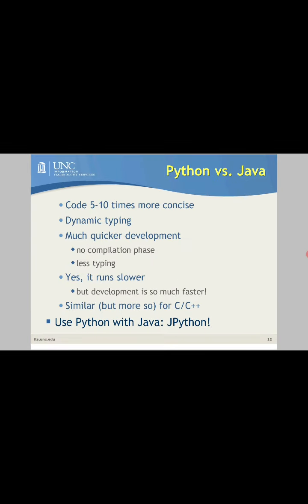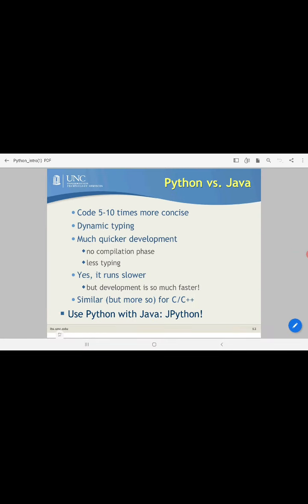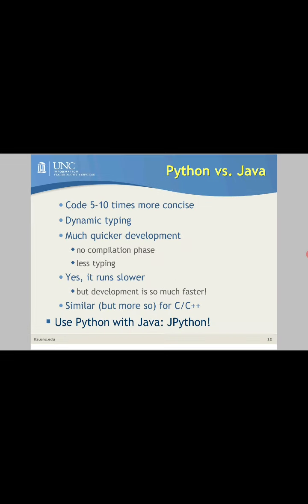Next one is code five to ten times more concise. Concise means less code. The code for writing in Python is very little, or it takes a smaller number of lines. Dynamic typing is automatic completion of scripting like that. Much quicker development means very